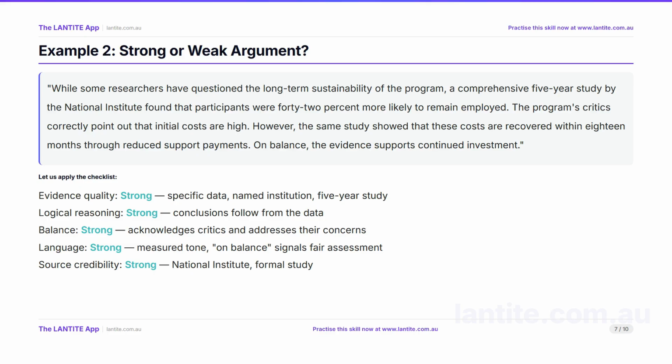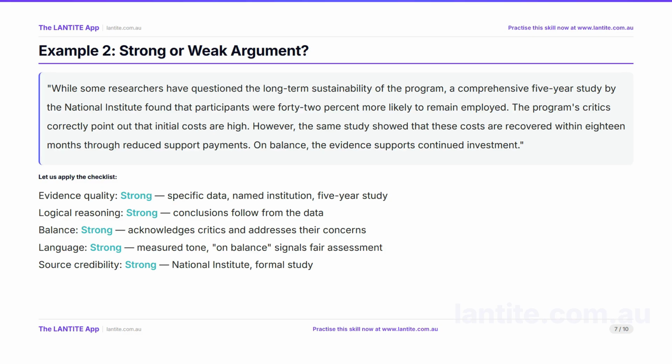Now let us evaluate a stronger argument using our checklist. The passage discusses a program, acknowledges its critics, and presents evidence from a 5-year study. Let us go through the checklist. Evidence quality, strong. It cites a specific study, names the institution, and gives an exact percentage. Logical reasoning, strong. The conclusion that the program is worth funding follows logically from the employment data and cost recovery